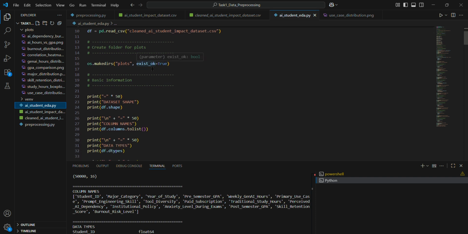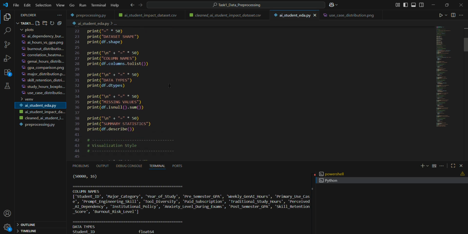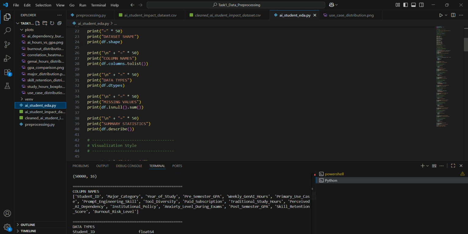And then we make a folder for plots where we will have all our important plots for various purposes. Upon running the file, we get the dataset shape 50,000, 16, which indicates that we had 50,000 rows and 16 columns, right? We have our column names printed here, and we had all these 16 columns starting from student ID and ending at